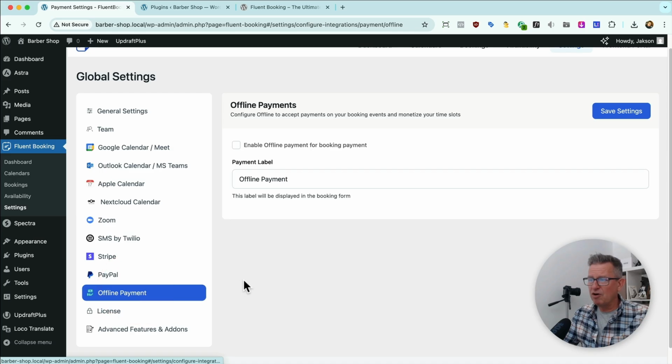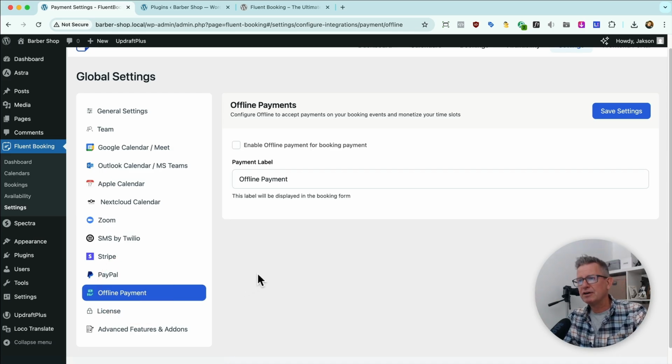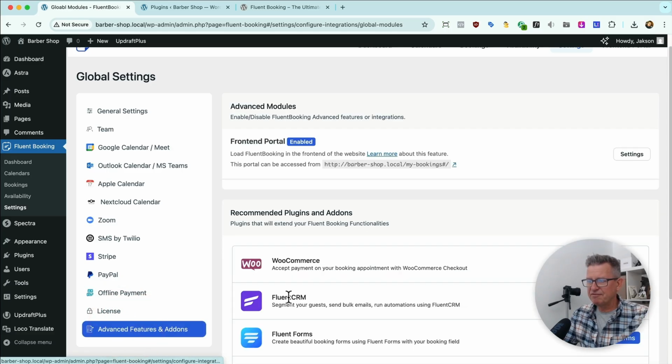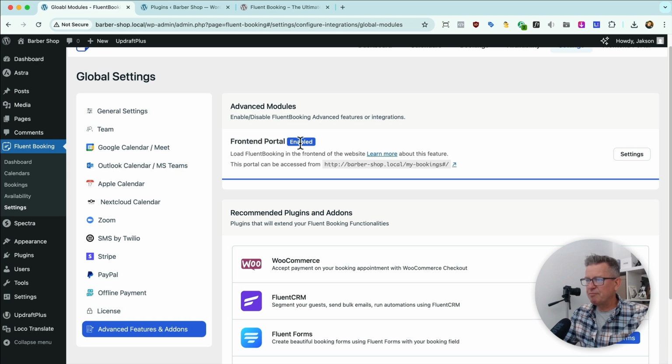Very recently offline payments have just come in, so you can run a booking whereby you take payments to your bank account, all that kind of thing, or cash on delivery. Stick your license in, and of course we've got some advanced features. Oh yes, we have. Now we've got the front end portal enabled here, and that's what you saw